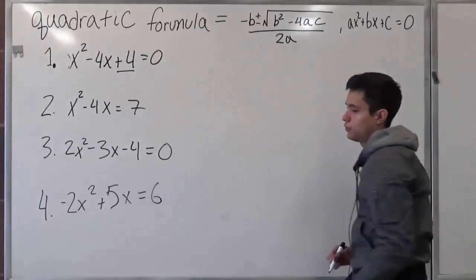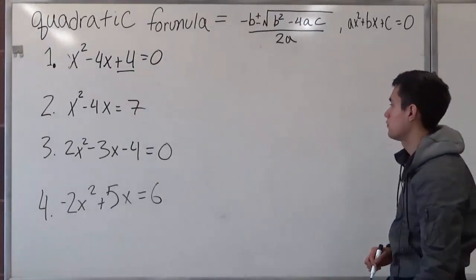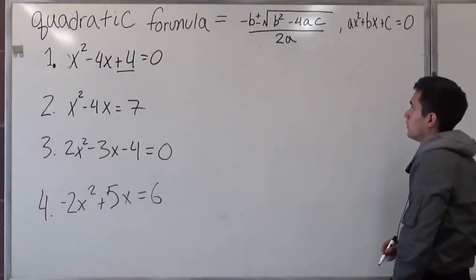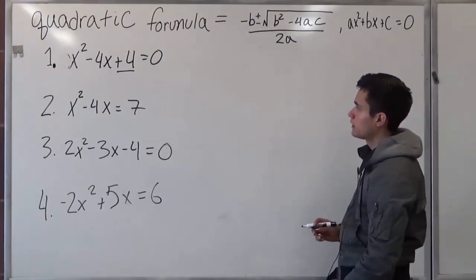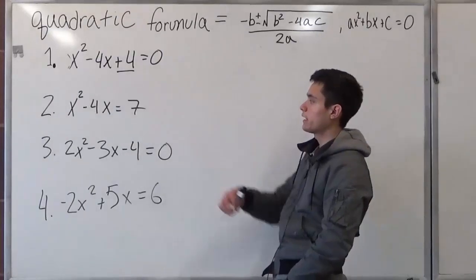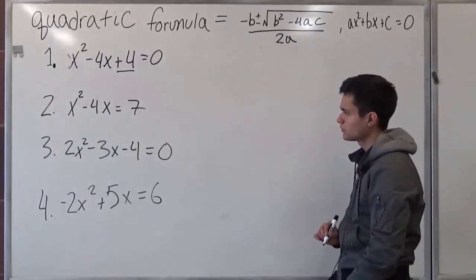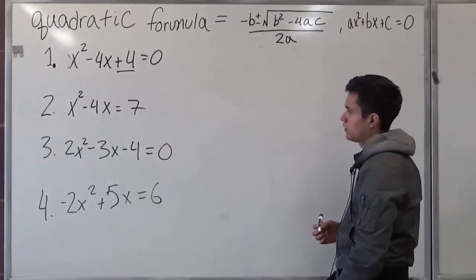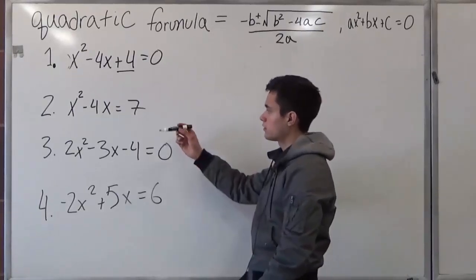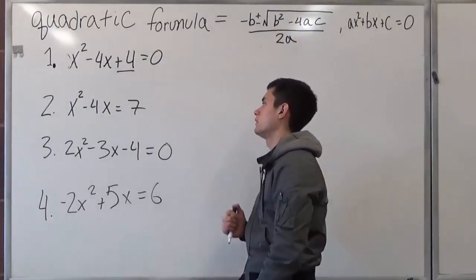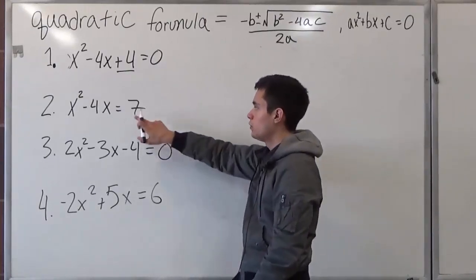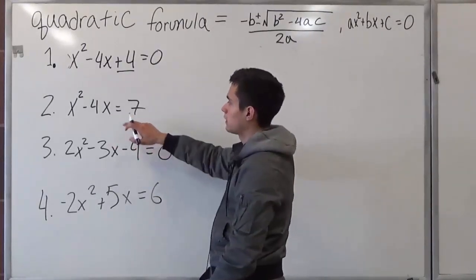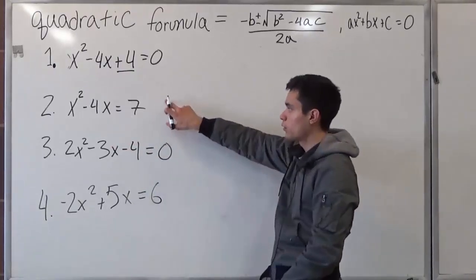In question number 2, we can see x squared minus 4x is equal to 7. The key principle to the quadratic formula is that we want to always get 0 on the right-hand side. So in order to do this, let's think about this. How can we get 0 on this side, but we have a 7? The same thing, we move 7 over by subtracting it, and what would be left over on the right-hand side